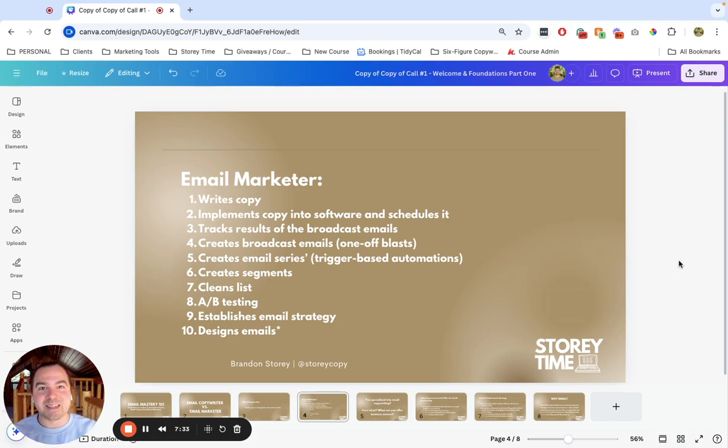Here are little hints and tips for you to improve deliverability. So that's a key part of email marketing. Make sure deliverability is good. Make sure your list is clean. A/B testing. And